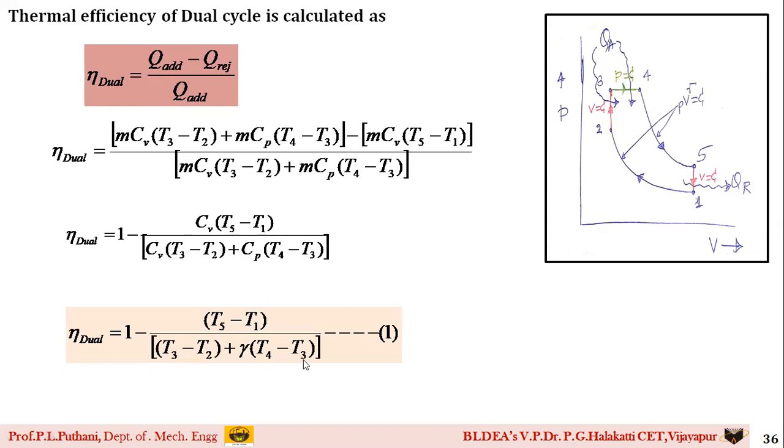(T4 minus T3). Now if you observe here, all the temperature limits, that is T5, T3, T2, T4, T3, you have to write all these in terms of temperature T1. For that we need to make the regular exercise which we have done for the Otto cycle and diesel cycle, that is using the PVT relations for the various processes. So let us see how I can do it here now.